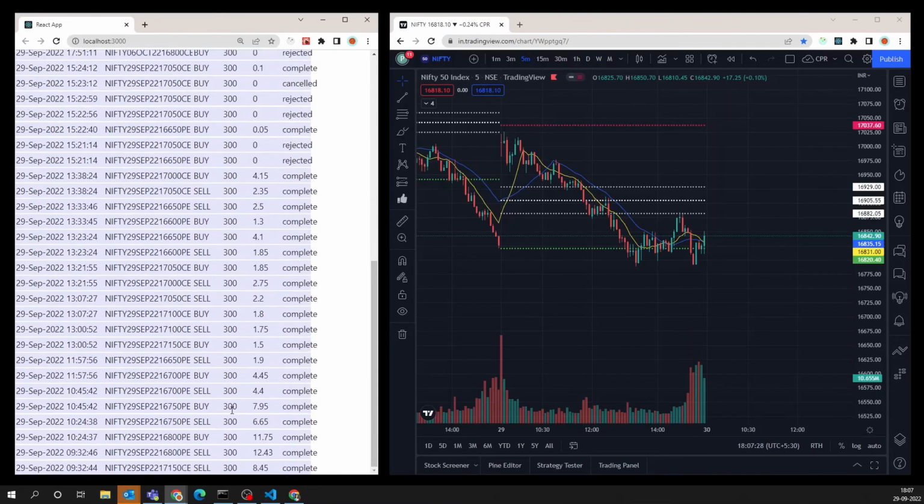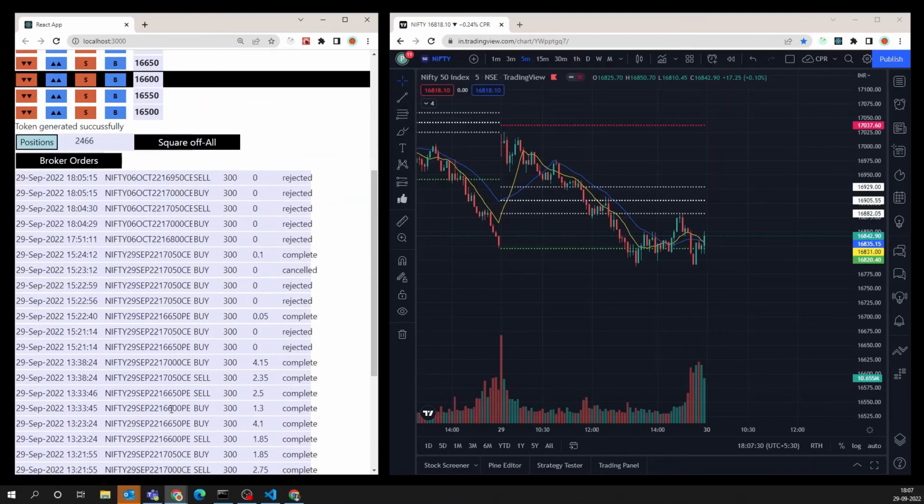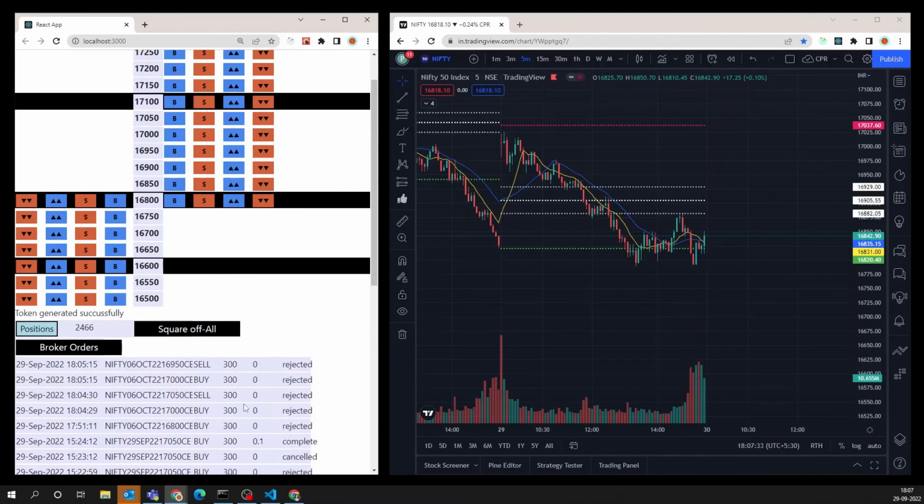Also, you would be able to see all those orders which are being punched. Now the market is not live, but you would also see a list of open positions that you have. And in case you have some kind of event wherein you want to quickly get out of your position, this button would clear off all the active positions that we have.